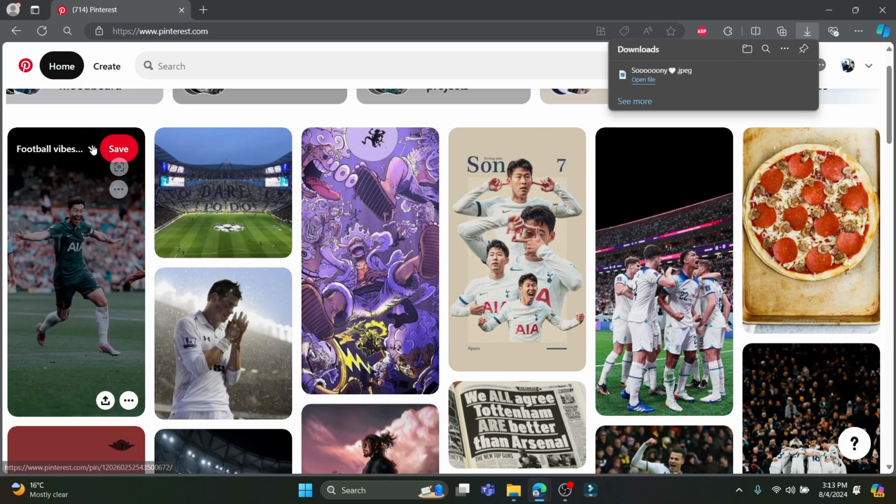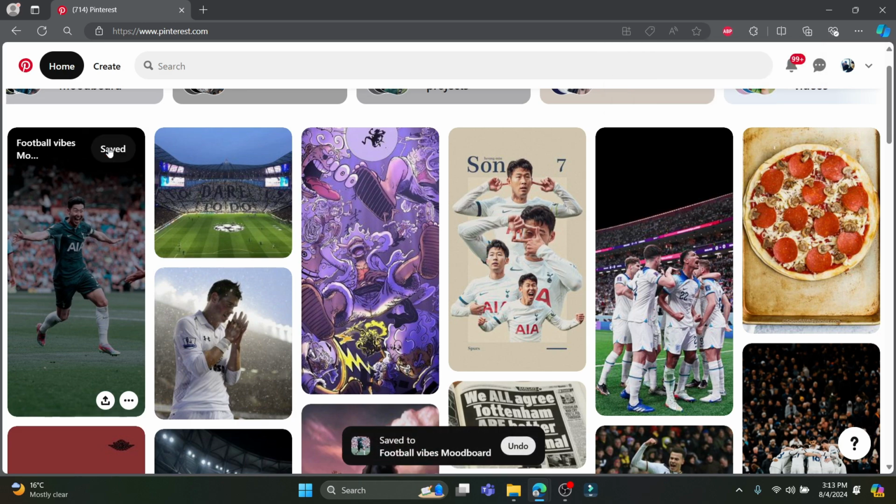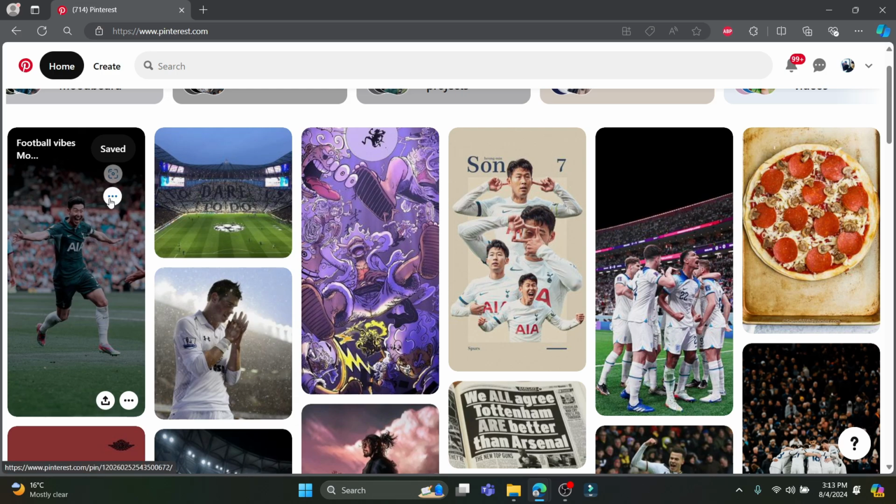If you want to save it, just go ahead and click on save. And as soon as you click save, it will be saved on some of the boards which you had previously saved it to. But if you want to change the destination of the saved files on your Pinterest account, just